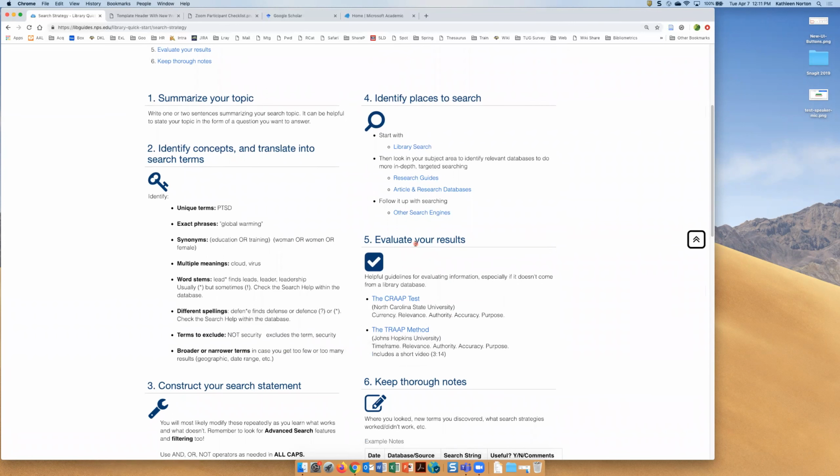Number 5, evaluate your results. That's pretty much for if you decide to go outside of library databases. You want to make sure that you evaluate your sources correctly. And here's a couple of links to outside sources that tell you to look at things like, is the information current? Is there a bias? Are they trying to sell you something? That kind of thing. But if you stick with library databases, all our